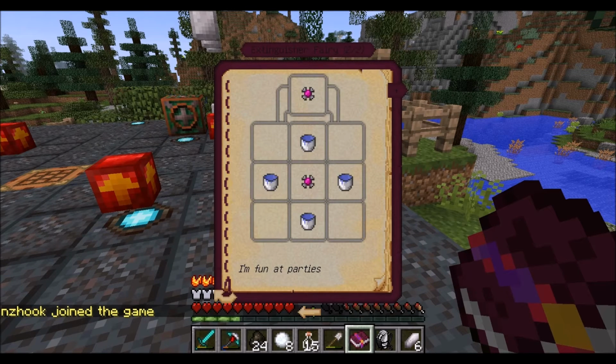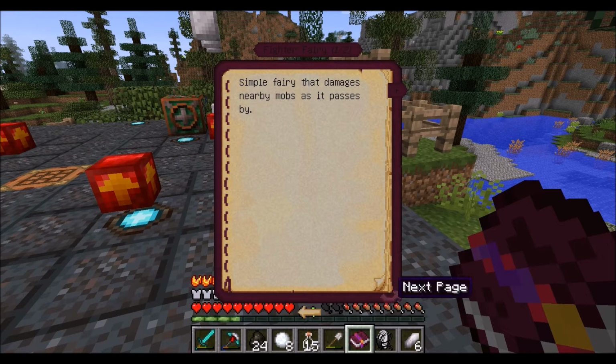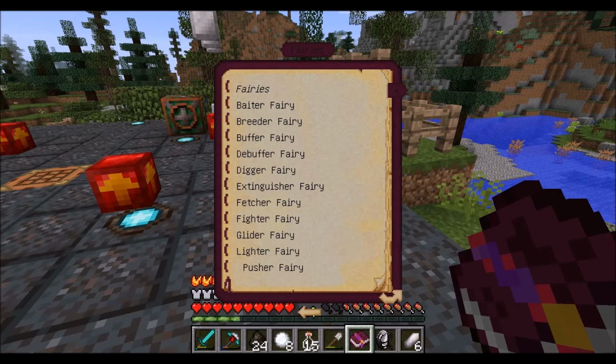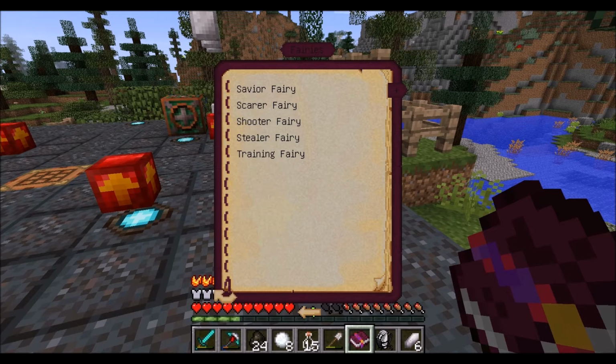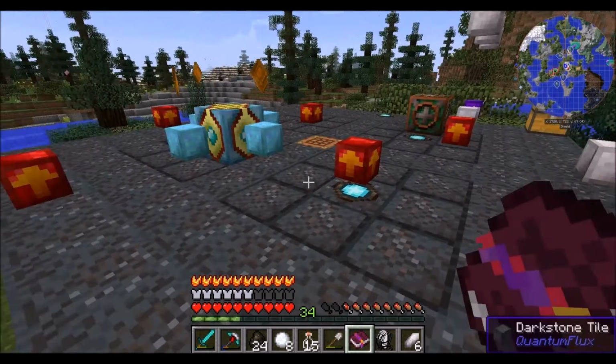Extinguisher Fairy. This is why I wasn't all that keen on the fire resistance amulet, because that's just surrounded with buckets of water, and this, I think, puts you off fire. There's one that gives you the Fighter Fairy. I don't know whether that's just golden swords. It was diamond swords. So which one? Well, I can definitely make that one. The Pusher Fairy, maybe not. The Savior Fairy. This would be really good to have, but I don't think I have enough diamonds. The thing is, I really...